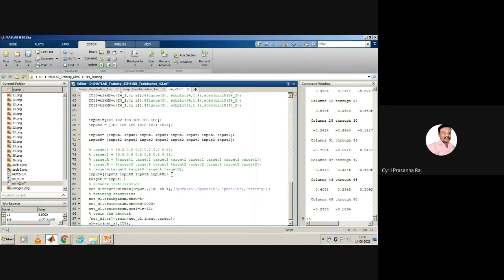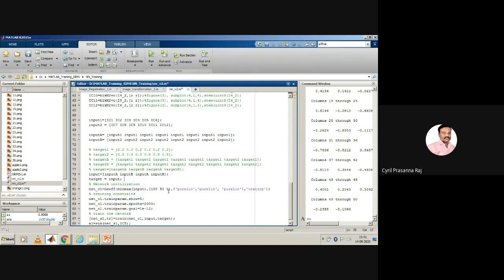Okay. So whatever we have used as the input, that itself is made the target. So target is also equal to input. What is the logic right now? We have taken a network, a neural network, which is a multi-layered network, and input is applied to the network. Then the output we want is also the input itself. Whatever input is applied, we are trying to generate as the output as well. That is why we are setting target as input.